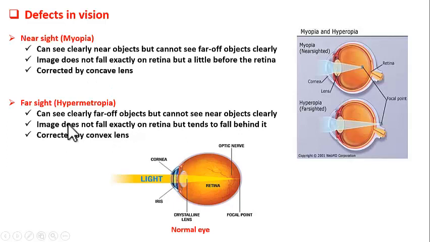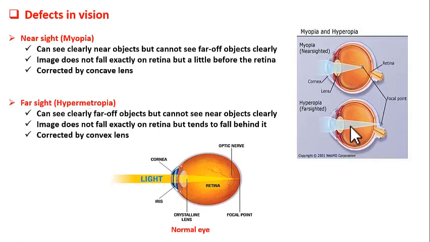Next, hypermetropia is reverse of this situation. Here the image does not fall on retina, it falls beyond the retina. So we cannot see this image too because it is not on retina, it is behind retina. This condition is called as hypermetropia.